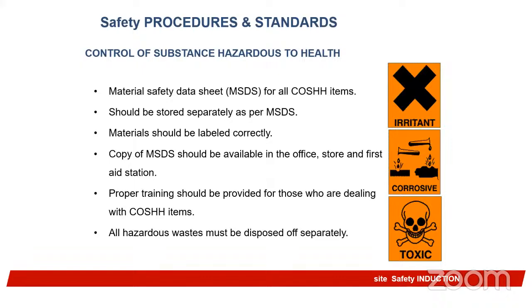This will serve in case of litigation, or in case it involves going into legal action. The company can have evidence to prove that they've trained these workers and also provided what the person will use, but the person failed to put those things in place. So these are part of the things you should train your workers on when it comes to COSH, that is control of substances hazardous to health.